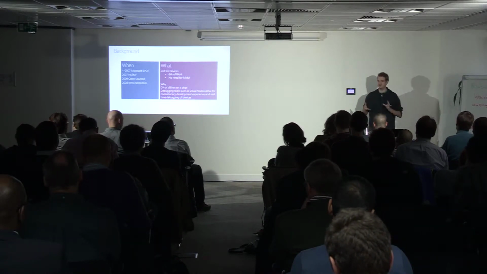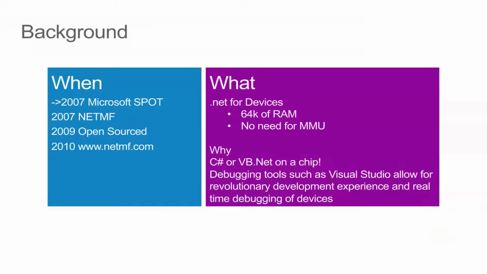It is .NET running on a chip. There's no operating system, so it's not like the normal .NET, which runs on Windows, or if you're on Mono, runs on some indeterminate operating system. It's running directly on the chip. You can do all kinds of interesting stuff with it. You don't necessarily have to have a memory management unit, so you can have very resource-constrained devices. Providing you've got 64K of RAM on your device, you can run the .NET MicroFramework on it.